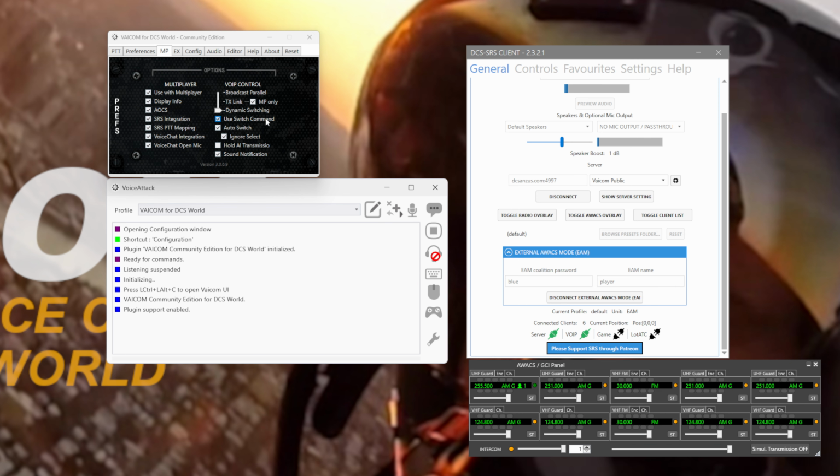Now, we'll run through the options first here. We have dynamic switching enabled. Use the switch command, which allows us to use a specific Vaicom command, which is switch, and that will switch between listening or transmitting on voice attack and transmitting on SRS in this case. Auto switch, which means once a command has been sent, it will then switch, and as long as you're holding the transmit key down, it'll switch automatically over to transmit on your VoIP or SRS. And then ignore select, which is